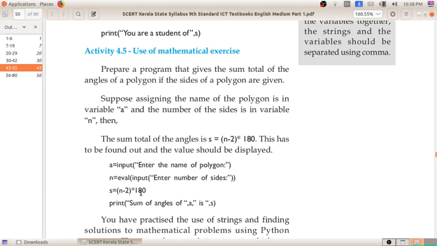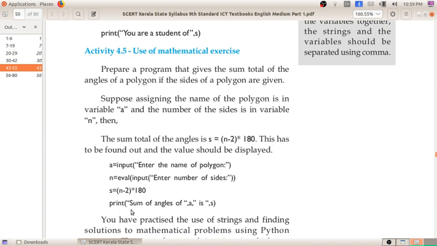That is stored in variable N. The next one is the mathematical equation for finding the sum total of the angles, S is equal to (n minus 2) star 180, and that value is stored in variable S. Next we print that sum, printing S along with the statement: sum of angles of A. A is the name entered for the polygon, a triangle or a rectangle.